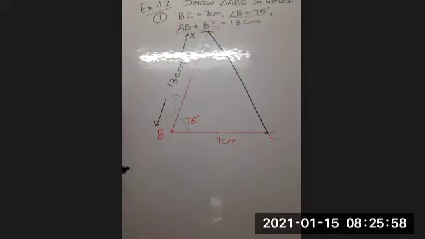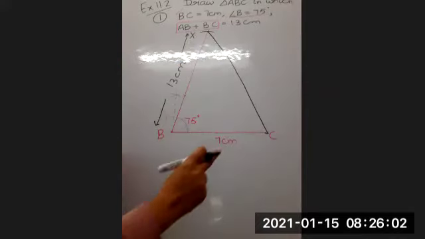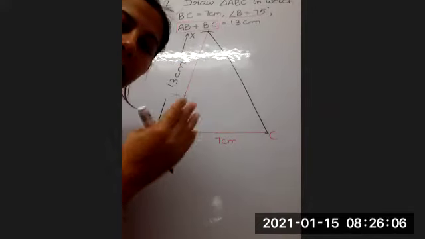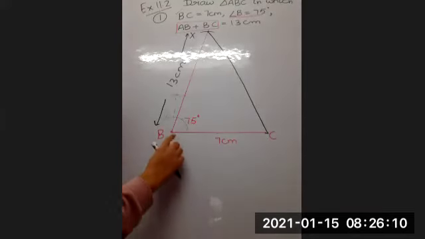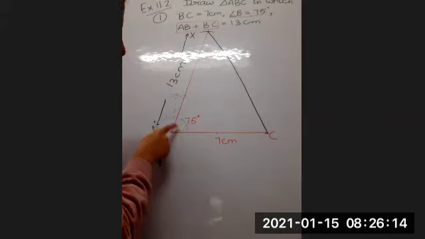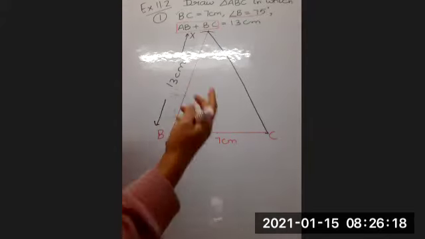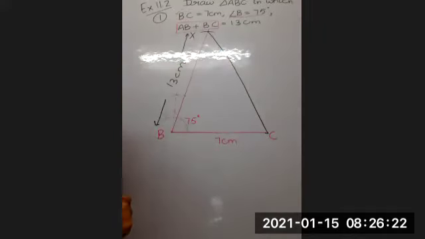Now, since we have joined XC, there is something to be done to XC. Always keep telling yourself like this, that I'm taking you to the beginning. BC 7 किया, क्यों किया? So that we can draw angle B on that. Now we have drawn angle B 75 degree. What for? So that we can have an arc of 13 centimeter.